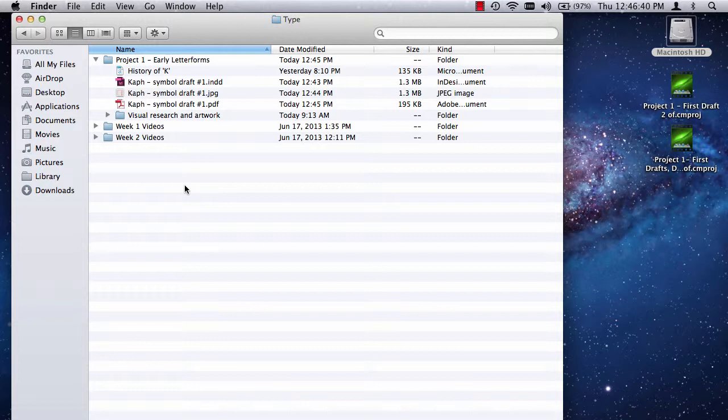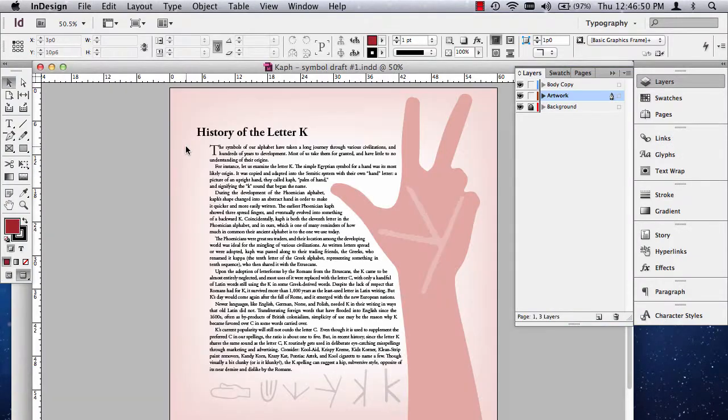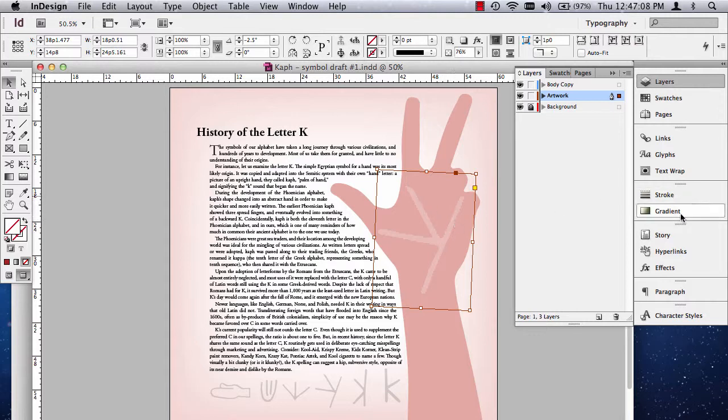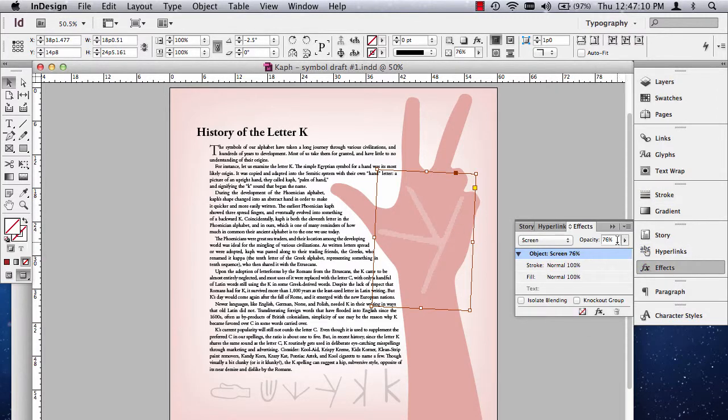I'm sure you have many other techniques that you may understand how to use in Photoshop and things like that. But ultimately, things need to be placed in InDesign. So if you do something really cool in Photoshop, like a background, that's fine. But I would not build this with a textured background in Photoshop and then over the top of that the hand, because in InDesign I need to move that hand. You've seen me move it many times. So make sure that you don't use Photoshop or